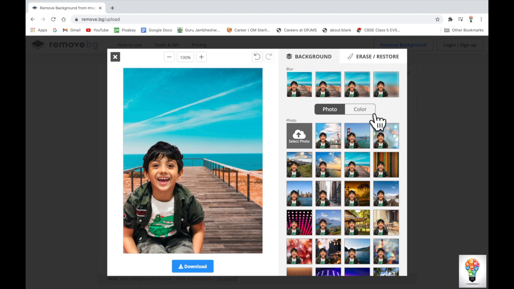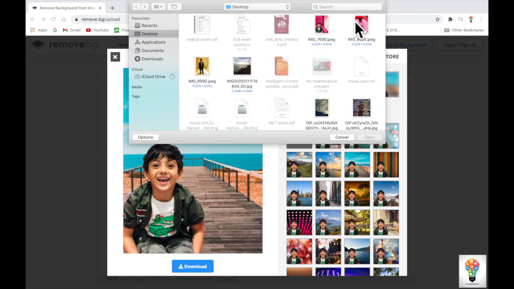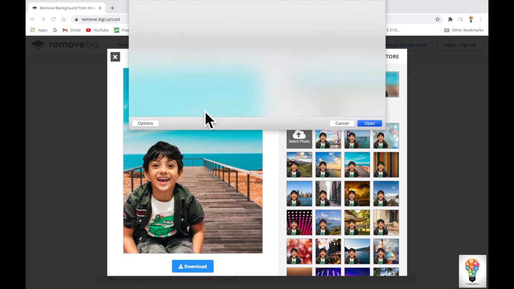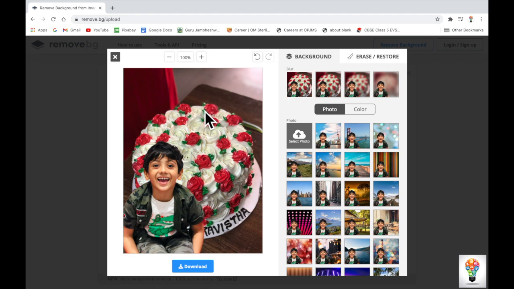The next option we have is we can also insert the picture we want as a background. For example, I have this another picture from, say, downloads. Okay, I want to create this background. All right, so this also I can do. I have inserted this background, so this is from my gallery, I have inserted it.